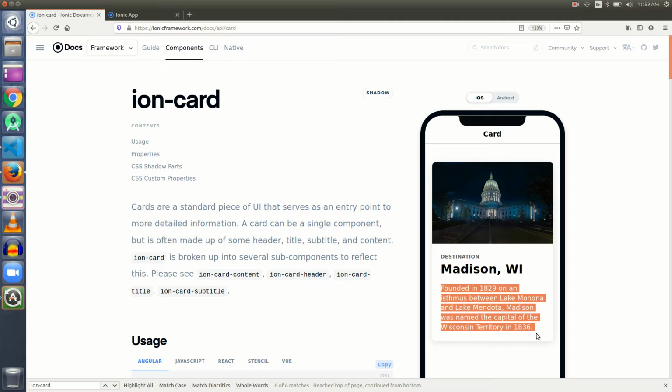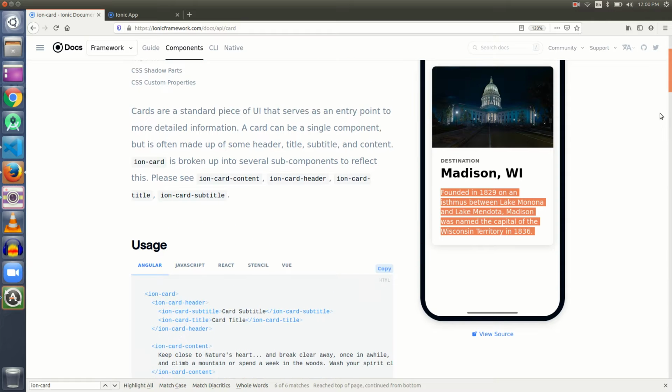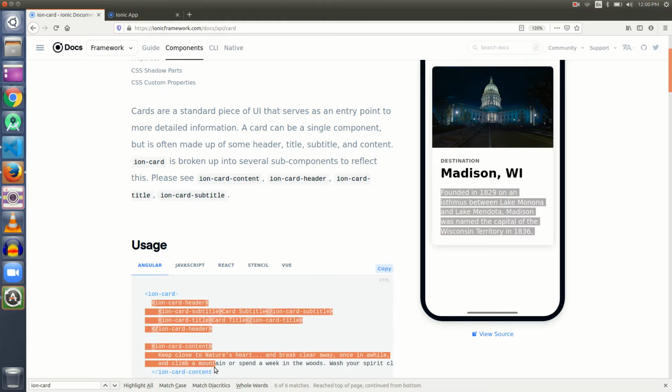But if you want to write some content inside an ion-card, ion-card has some child UI components with it, such as ion-card-header, ion-card-subtitle, ion-card-title, and ion-card-content to write the text inside it. Now here we are not going to use ion-label or ion-text. Ion-text is again only for coloring the content. So if you want to write something inside an ion-card, we must use these little UI components and not ion-label or ion-text.